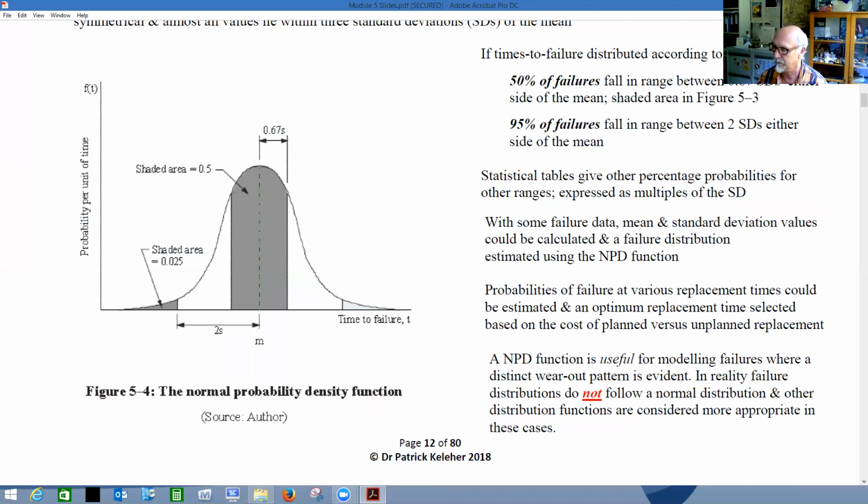Now, the normal probability density function is useful for modeling failures where a distinct wear-out pattern is evident. So again, the mathematical model fits the particular maintenance problem. That's the whole point of it, isn't it? It's no good having a mathematical model that doesn't fit your particular problem. But for wear-out patterns, the normal probability distribution works quite well. In reality, failure distributions do not always follow a normal distribution, and other distribution functions are considered more appropriate in those cases. So for that particular situation, the wear-out pattern fits really nicely to a normal curve, but